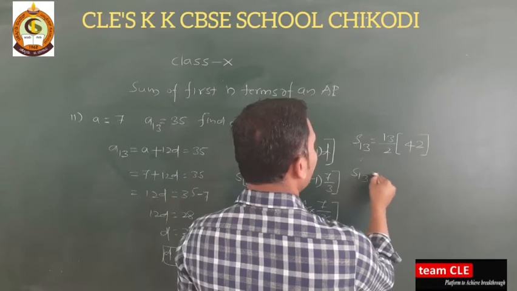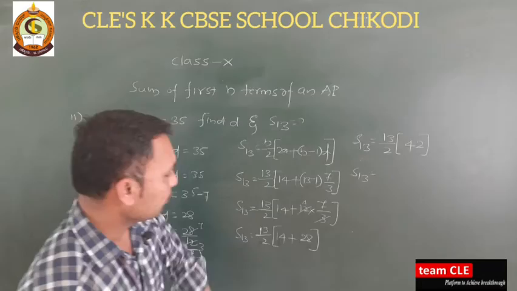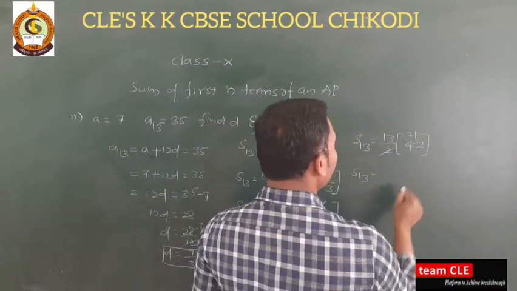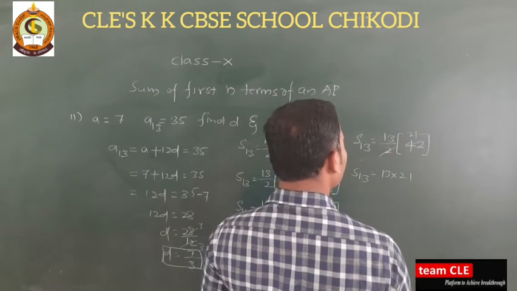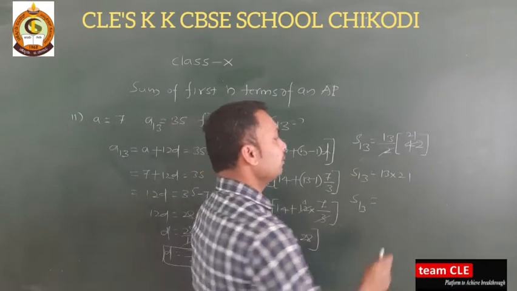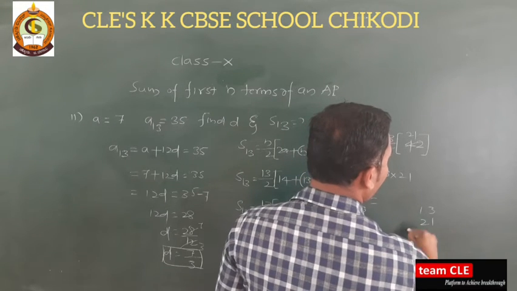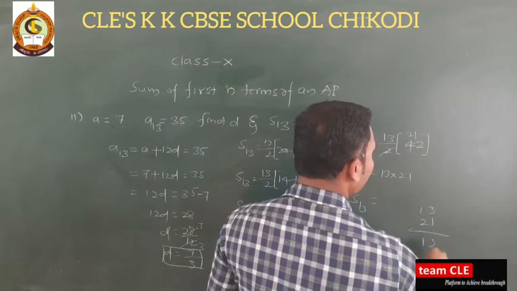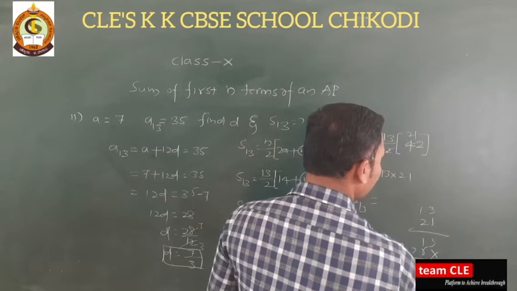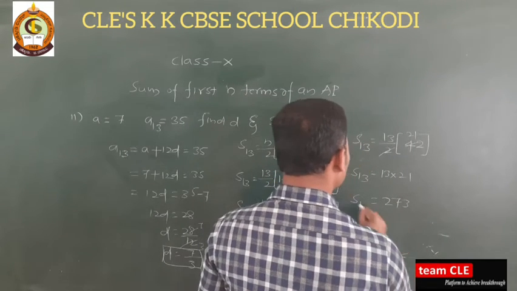Now S of 13. So yes, exactly. So next it is 42, correct. Now this is 2 1s are 2, so 13 into 21 we need to do. So next S of 13, 1 3s are 3, okay, I will do it here correctly, 13, 21, 1 3s are 3, 1 1s are 1, so 2 3s are 6, 2 1s are 2, we will get 372. Okay. So 273 we will get here, isn't it?